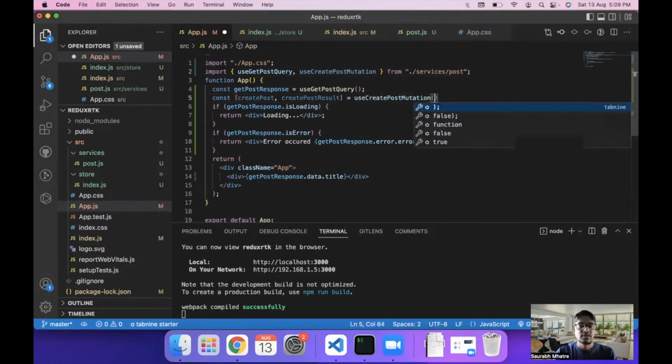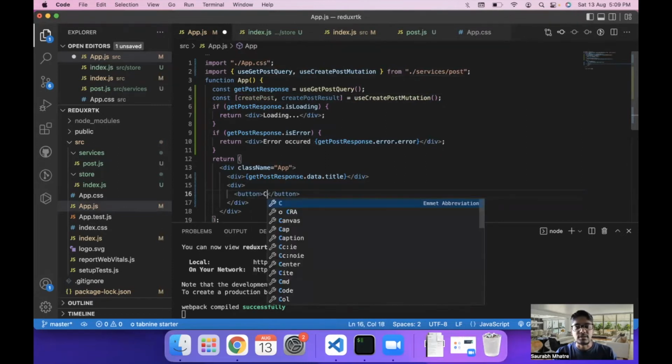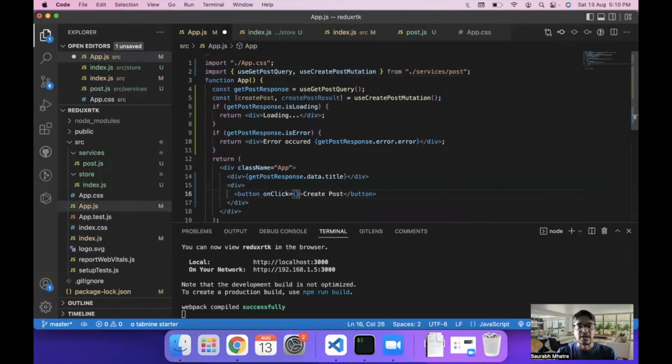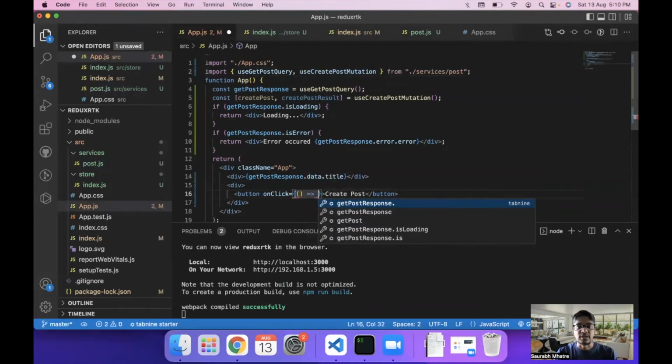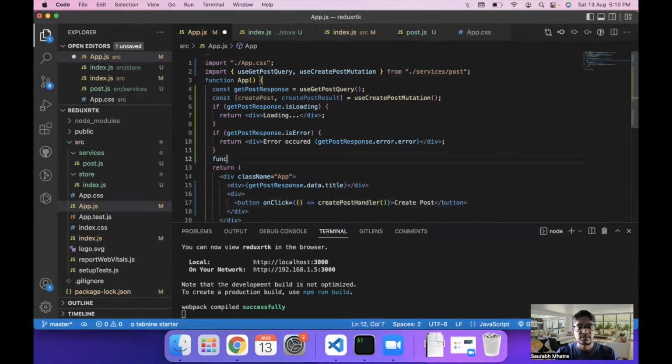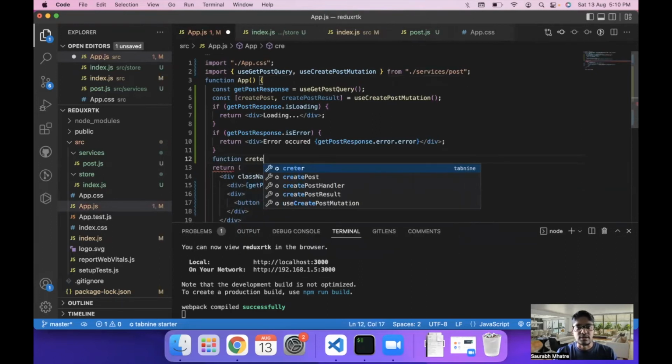Let's just say I want to create this post on click of a button. So we'll add a button with the name create post, and on click of this button we will create the post onto a server. So onClick is added here, and we will create the post. So in this case we will write createPostHandler, and we will go with function createPostHandler,